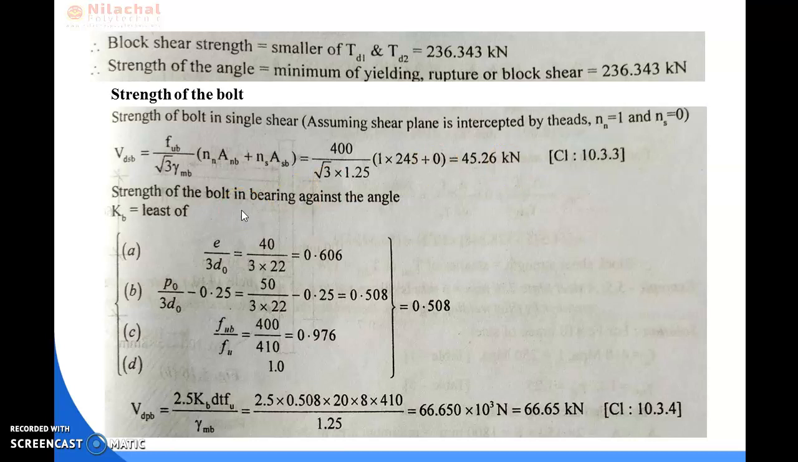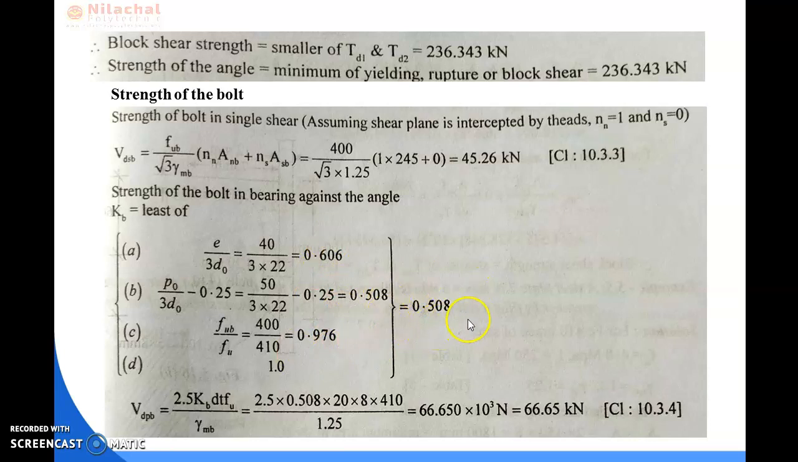So next is your design strength in bearing. So first of all, to calculate the design strength of bearing, we need to calculate the KB value, which is the minimum of all these four values. So by putting E by 3D0, we got the value 0.606. Next is 0.508. Third one is 0.976. And fourth one is your 1. So the minimum of these 4 values is